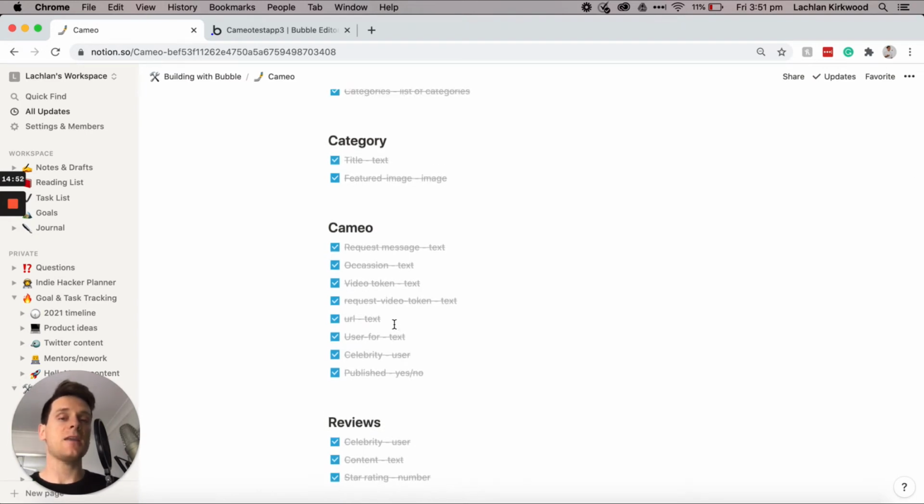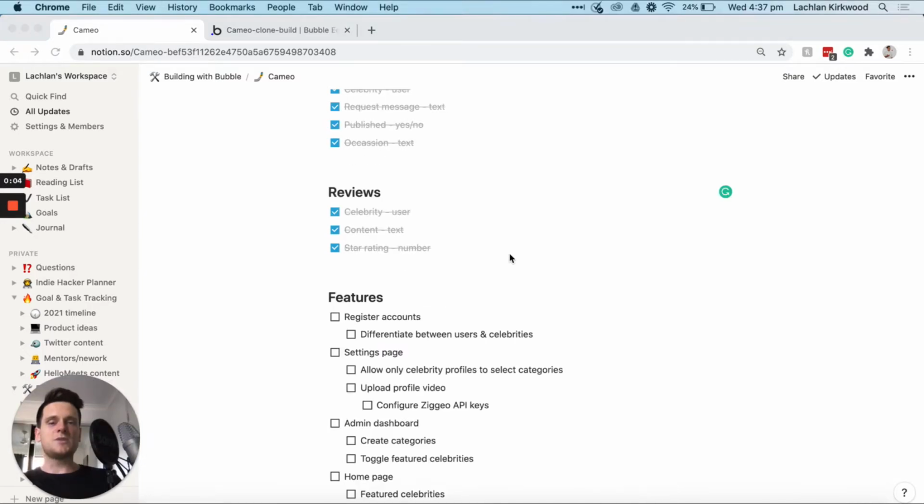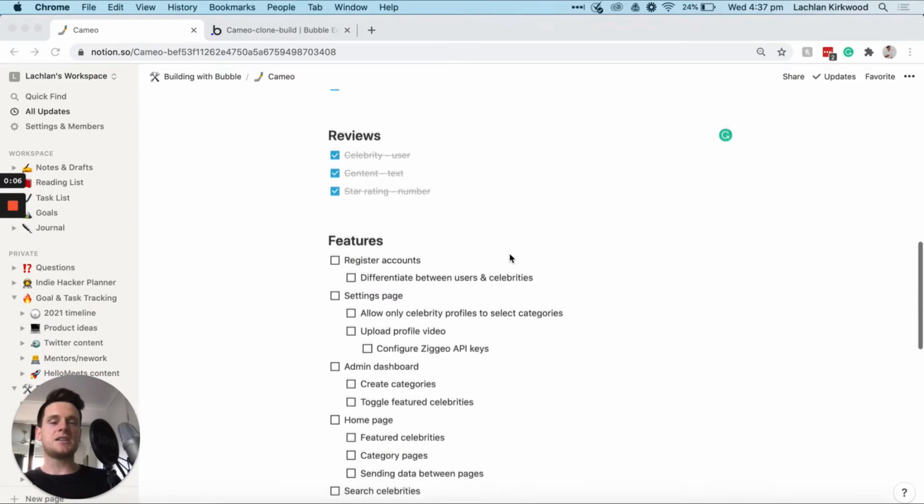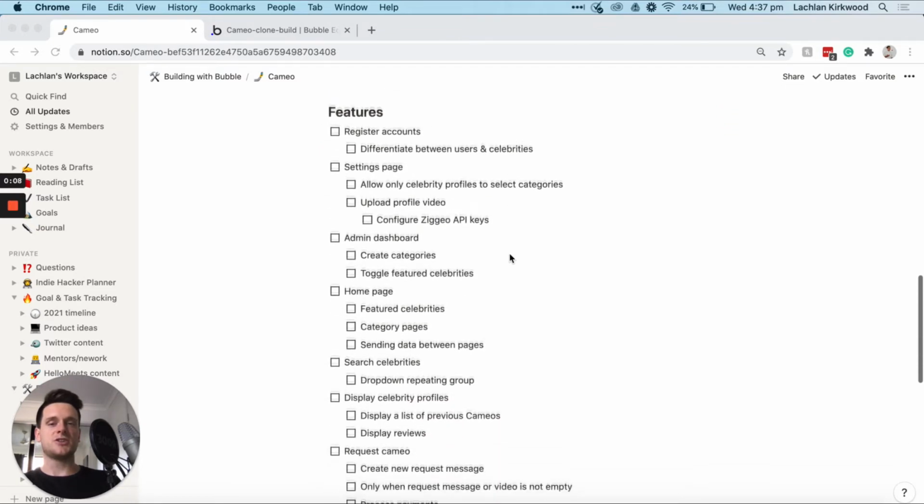And if at any point later on we need to go and update this at any given time, we can definitely do that. And if for any future builds you need to add any additional features into this product, feel free to go ahead and add in any different data types or fields within your database. Once we've finished configuring our database, we can jump on into the list of features that we'll be creating throughout